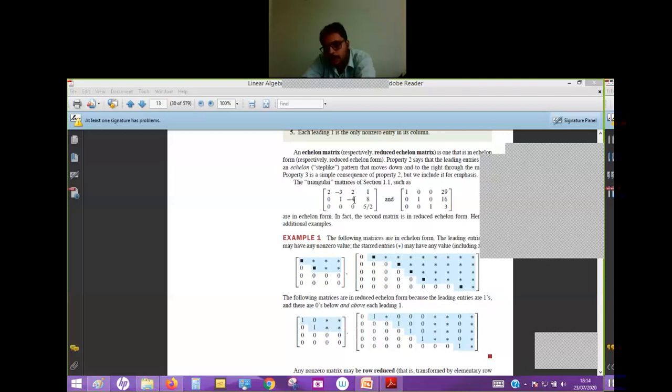The left side matrix is in echelon form, but the right side matrix is in row reduced echelon form, or reduced echelon form. Are you getting this? Please let me know. Depending on this form only, we are going to comment on the nature of the system. If we know the nature of the system, then we'll know the spanning set, and then we can understand one very important theorem in case of vector subspace.